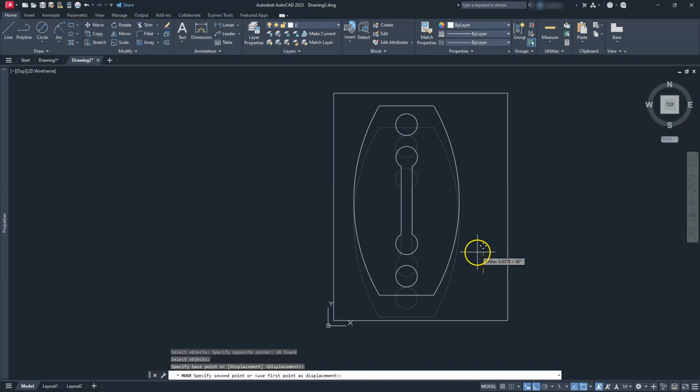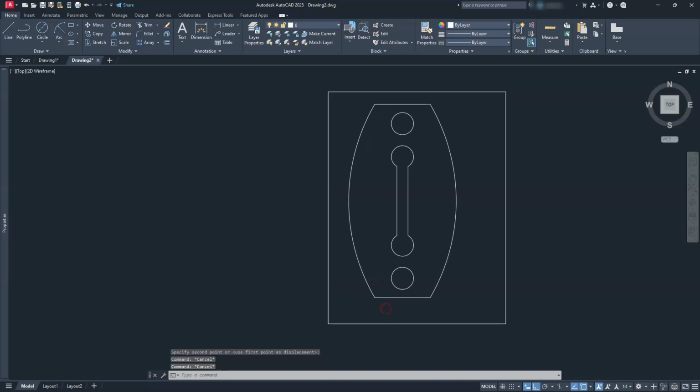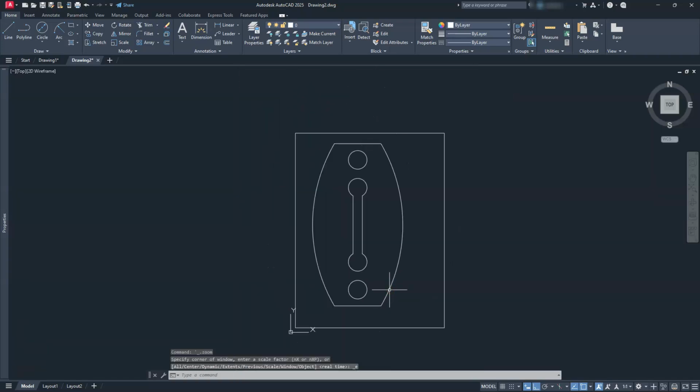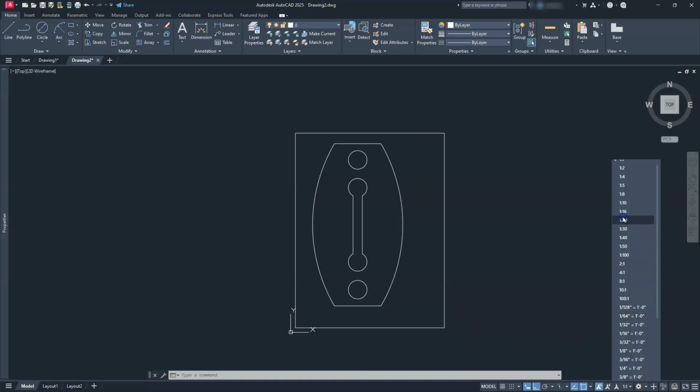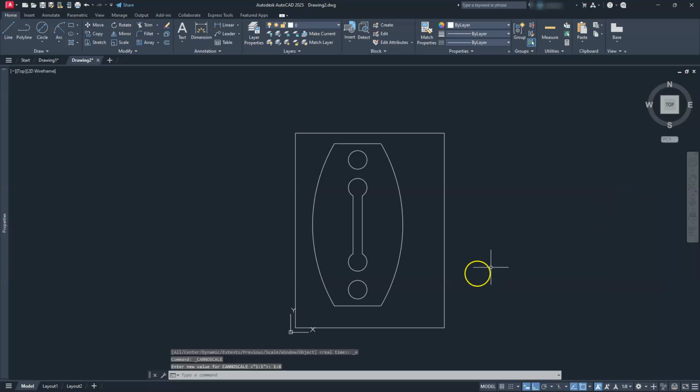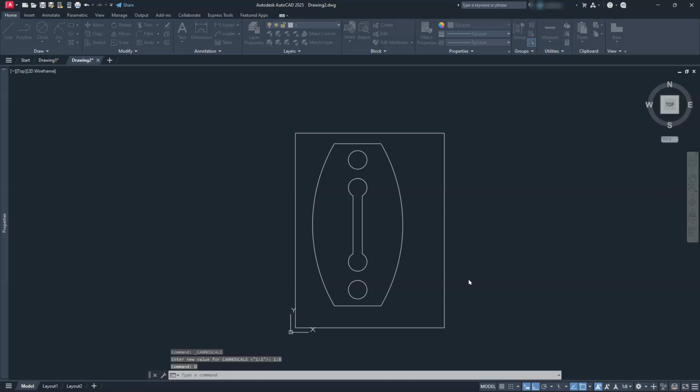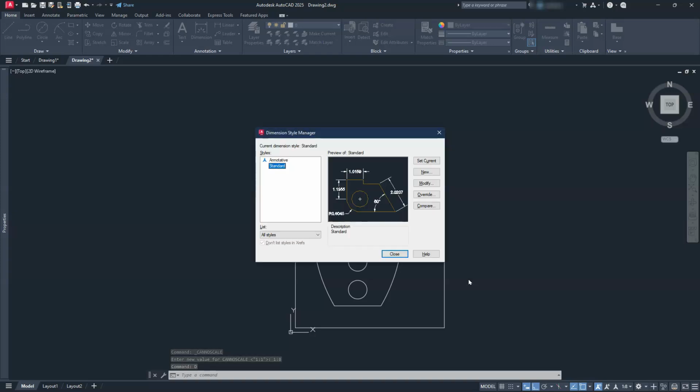Yeah, I think that'll be enough to get everything we need in here, right? So therefore, I have determined that now my scale factor is going to be set to 8. I'll go ahead and use the annotation scale in this case. So click the flyout up here. I'll go to 1 equals 8. I'll hit D, enter. I'm just going to set up my dimension style before I do my center lines and